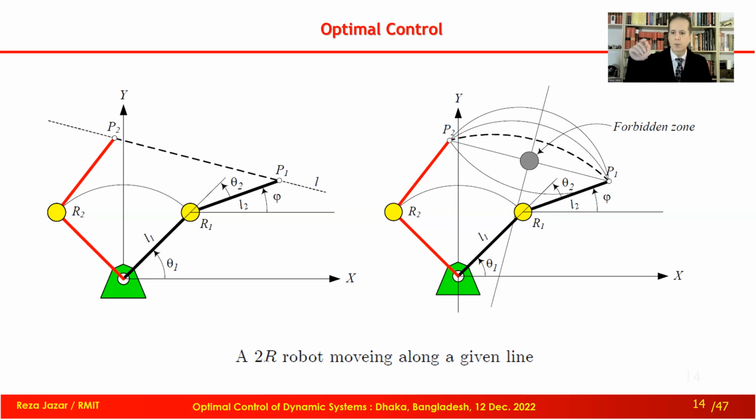Usually, the end effector or end point starts from some point, we call it P1. It is supposed to go to P2. The path of motion is designed by us, not by the robot. So we select the path. If it is straight, it is like the left figure. If there is an obstacle, a forbidden area that the hand is not supposed to go through, then we have to design a path to go over or below, it doesn't matter, to go around the obstacle, the forbidden zone. How we design that path is another topic, which is called path planning.